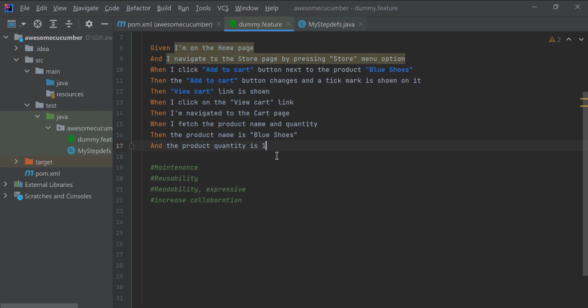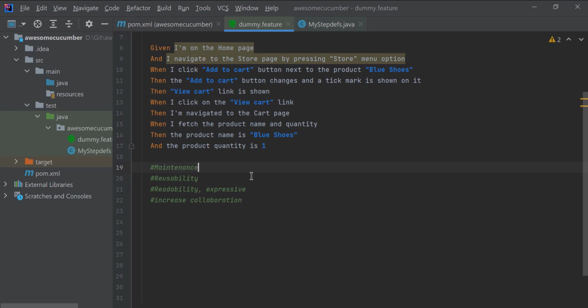Right now, I have just created one scenario. You may end up creating 100 or 200 scenarios. Imagine the kind of maintenance you are going to do if something changes in the UI. And this is a real problem. I have seen this happening in a lot of projects. In the end, the automation engineer just gives up on automation. So it is very important that we avoid the anti-patterns.